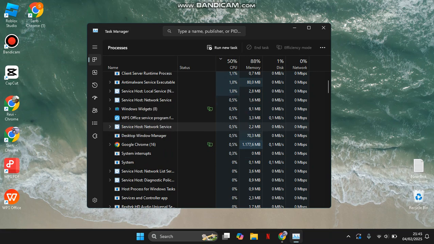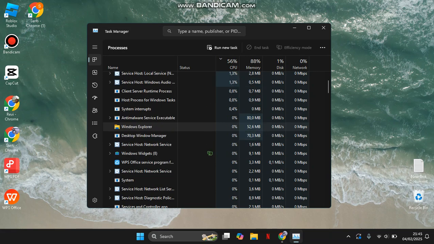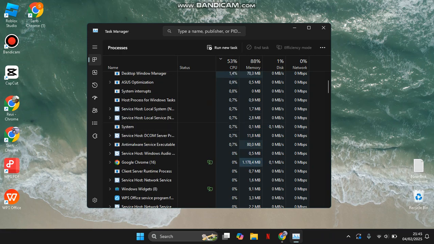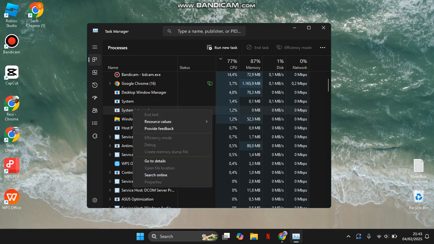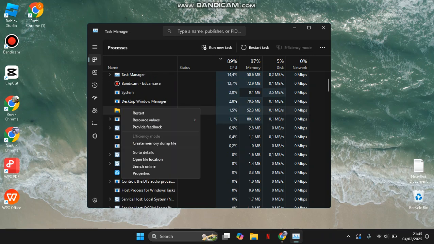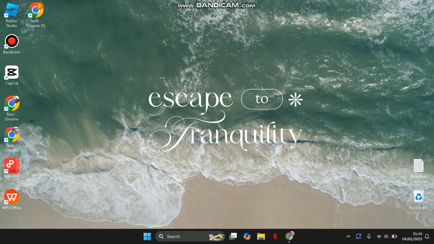If nothing pops up, then it is good, but if something pops up, you can just right click on it and then simply end the task. For example, here, this one, you can just click on end task in here, just like this. Click on this, and after that, what you need to do is just open the settings on your computer,